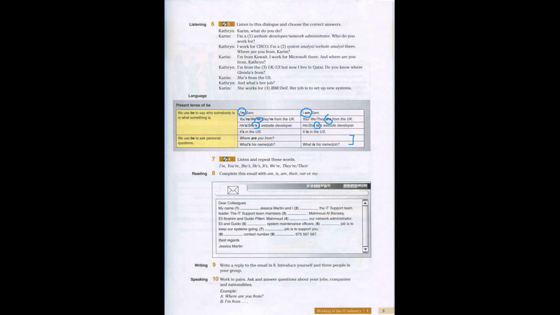So the appropriate word here is is. Martin and I are the IT support team. So here the appropriate word is are, because Martin and I are 2 people. The IT support team members